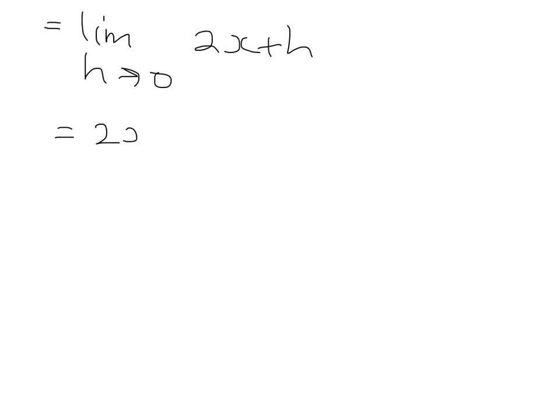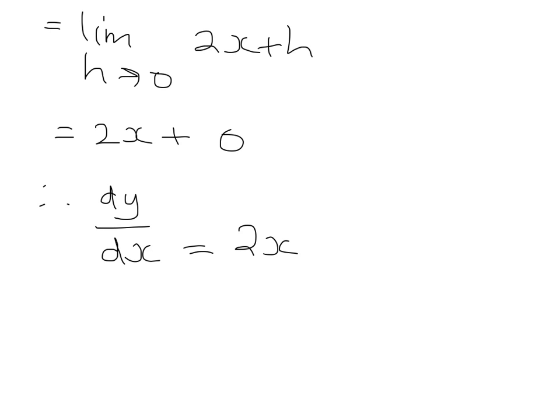So we're left with the limit as h approaches 0 of 2x plus h. Now there's no more discontinuities here. We can sub in the value of h. So that's 2x plus 0, which means that dy/dx for the curve y equals x squared has the equation